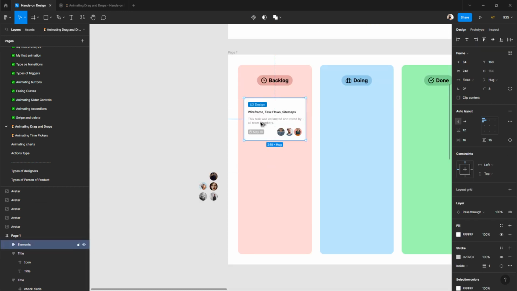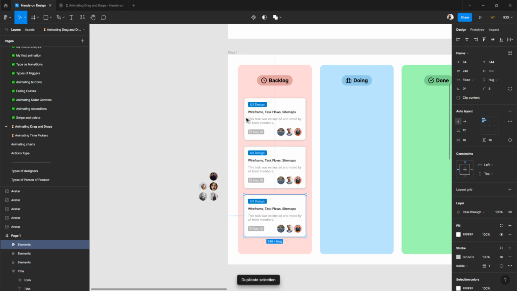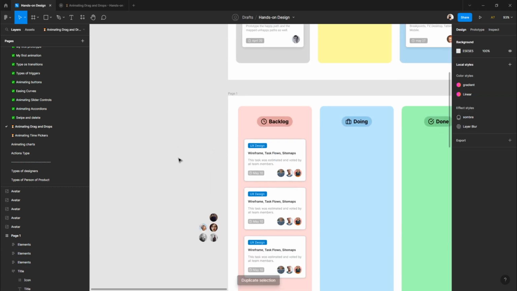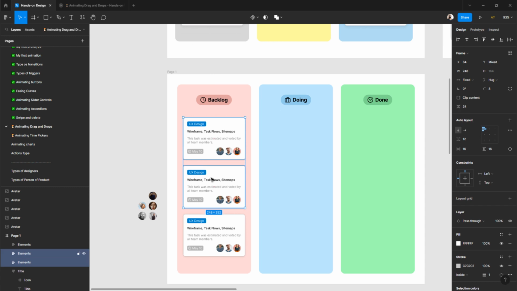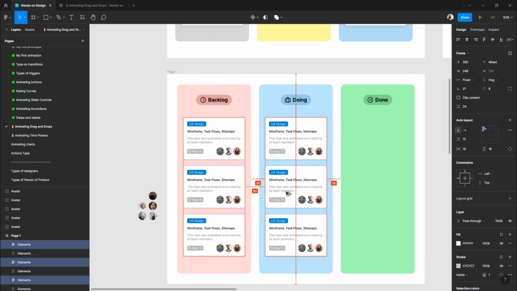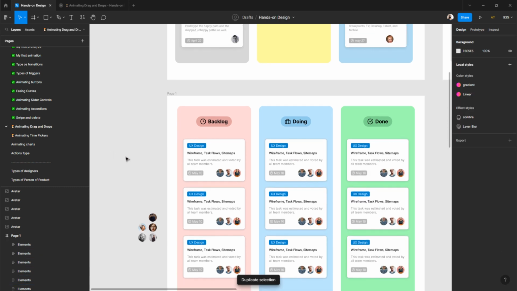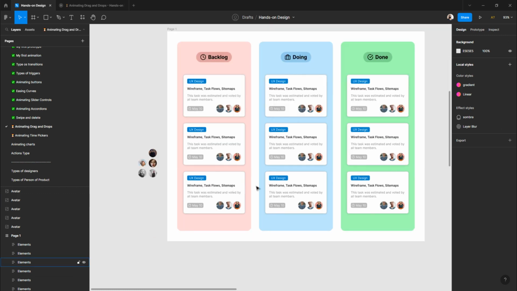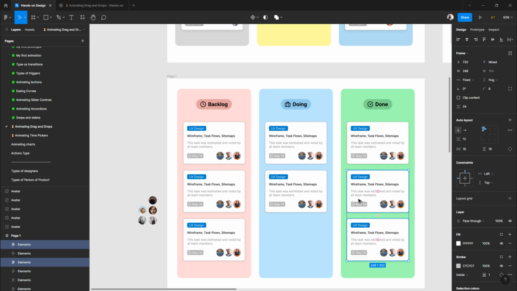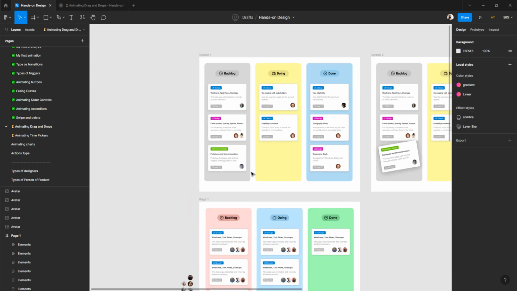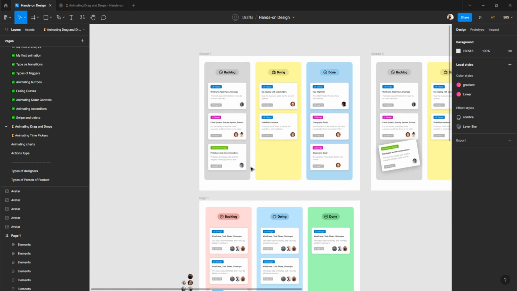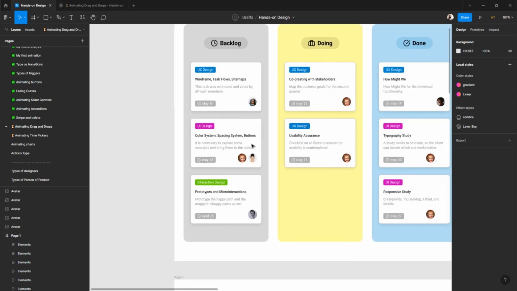Now we can duplicate like this. 24. Control D to have one more time. Then we can duplicate like this, and then Control D to duplicate again, right? So we have all that we need. I want to delete this one here, just to, you know, we could even play this way. It's possible too. Okay. And now I would like to fill all this information, but I quite believe that it's